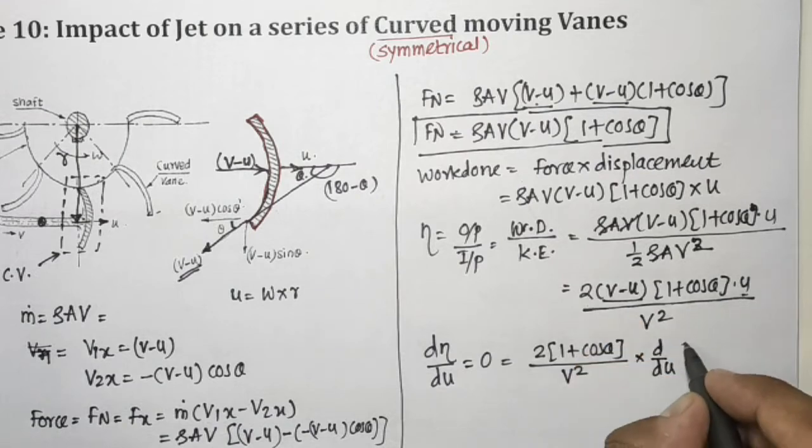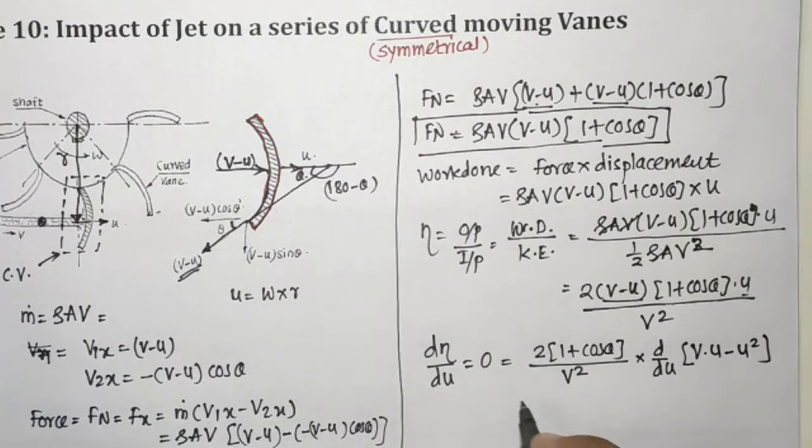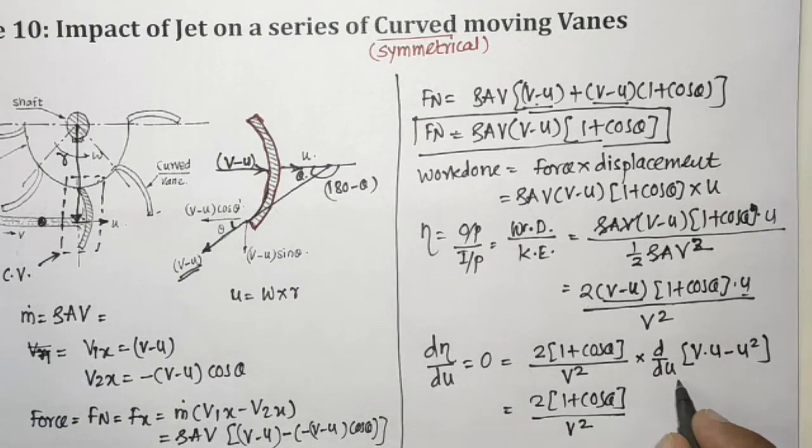So multiplication of those two values, v into u minus u square. So what you will get at the end is 2 (1 plus cos theta) divided by v square into (v minus 2u), since the derivative of vu is v, and of u square is 2u,